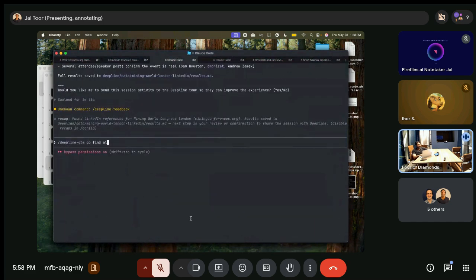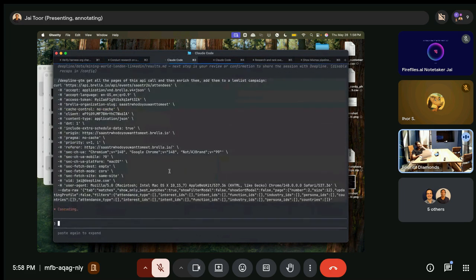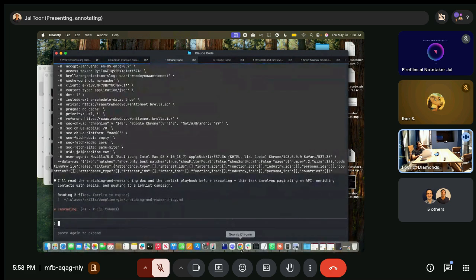Go find and get all the pages of this API call, and then enrich them. Add them to a lemlist campaign. Lemlist is our outbound email tool. So I'm giving it the curl that I just got here.